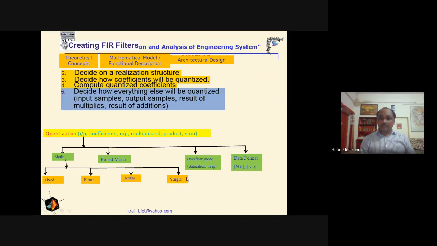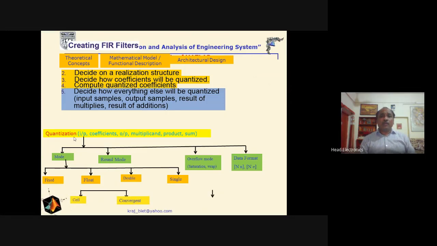But if we are interested to use the standard format, that is the IEEE 754 standard, then there are two options. One is either single or double. Single means single precision having the 32-bit word length, and double means double precision having the 64-bit word length.